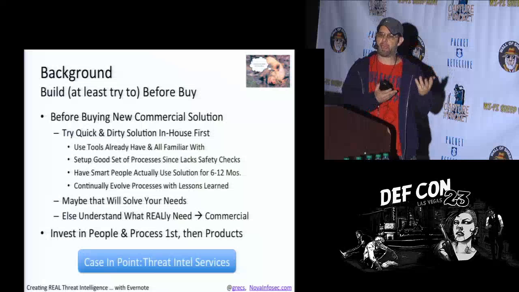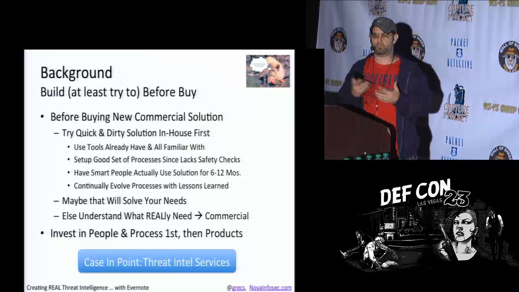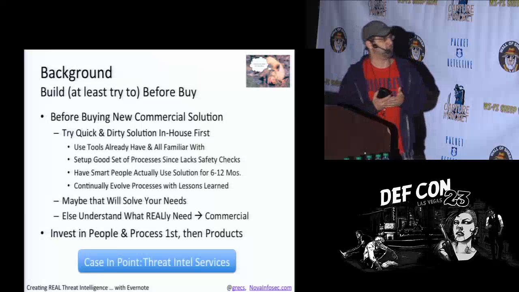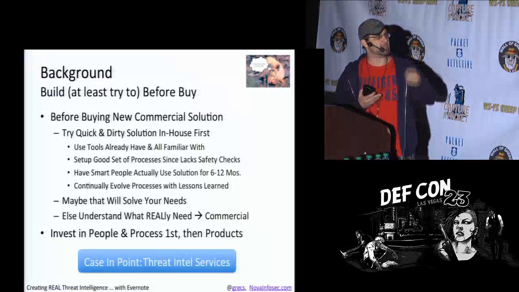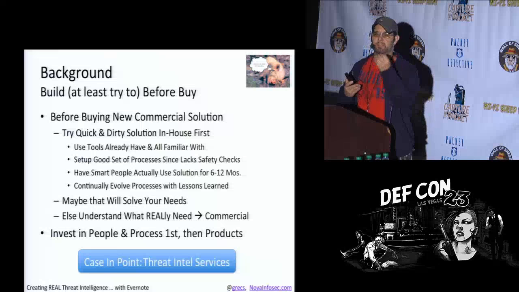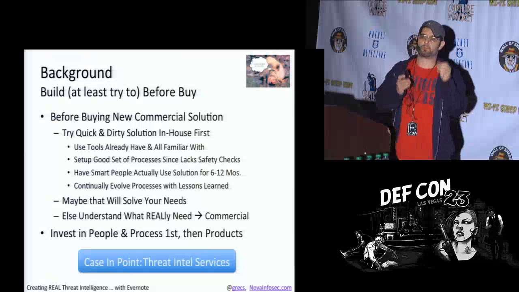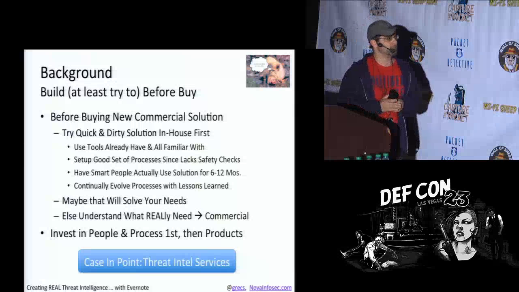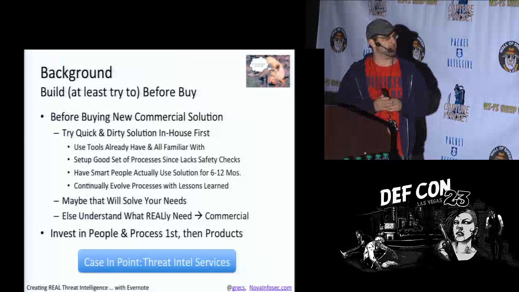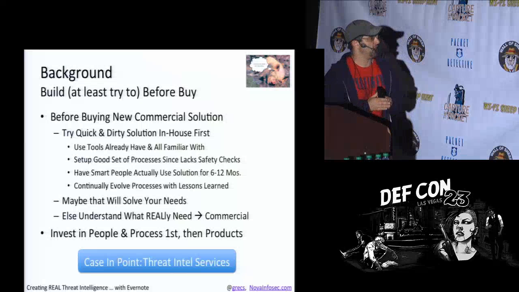In the end, that pilot solution might be just the thing that you need, and you can just evolve that. But if it's not, you can at least identify the gaps that it doesn't fill and use that understanding to best buy the commercial product that's going to solve your needs, versus just trying to go out and pick some general security product.